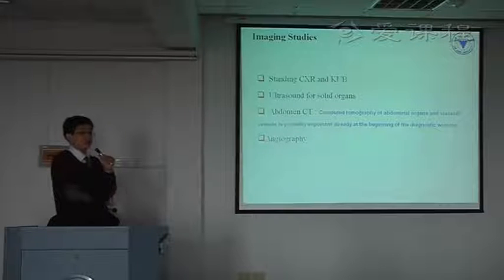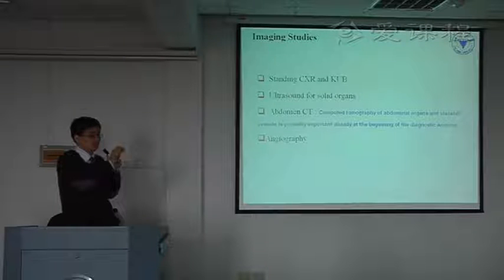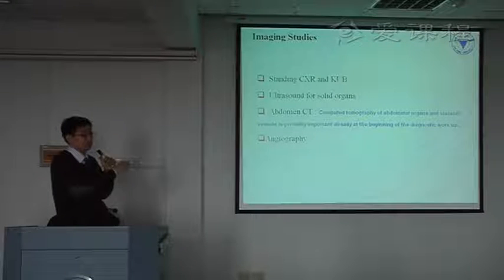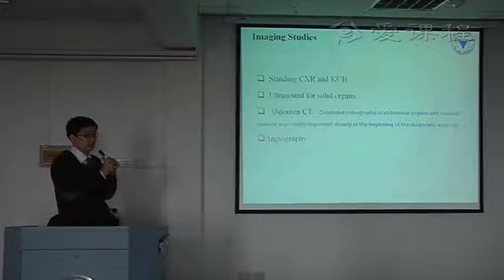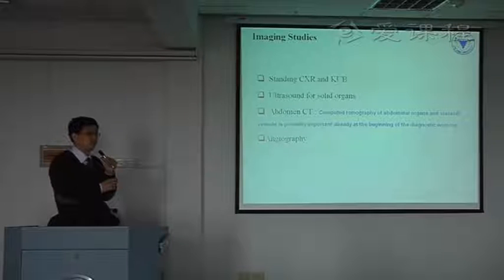We found it's obvious to find the fluid, the blood collection. We know the blood comes from the liver. The diagnosis is confirmed. But if the diagnosis is related to hepatocellular carcinoma, it's very, very difficult for doctors